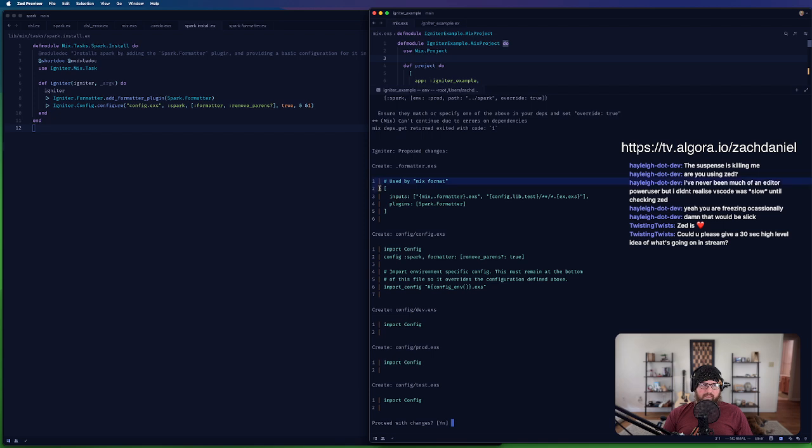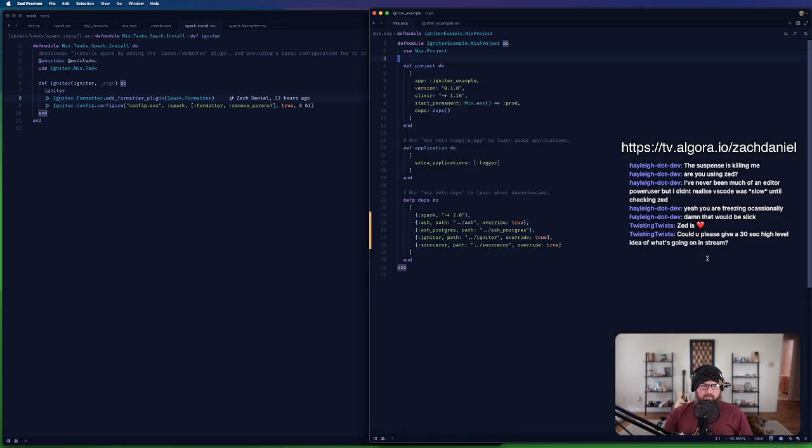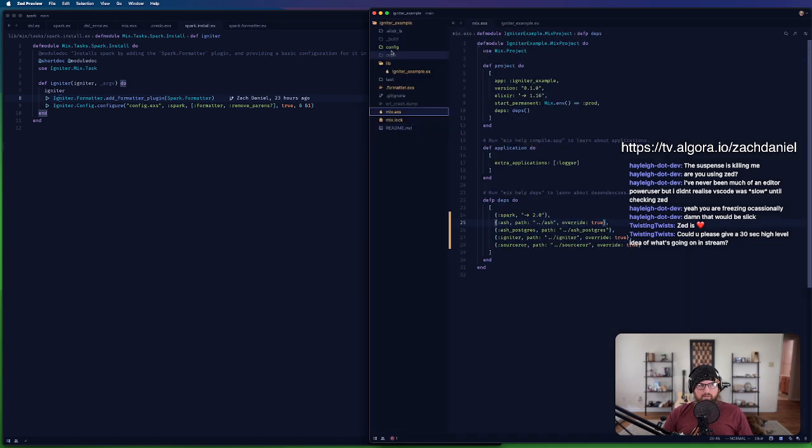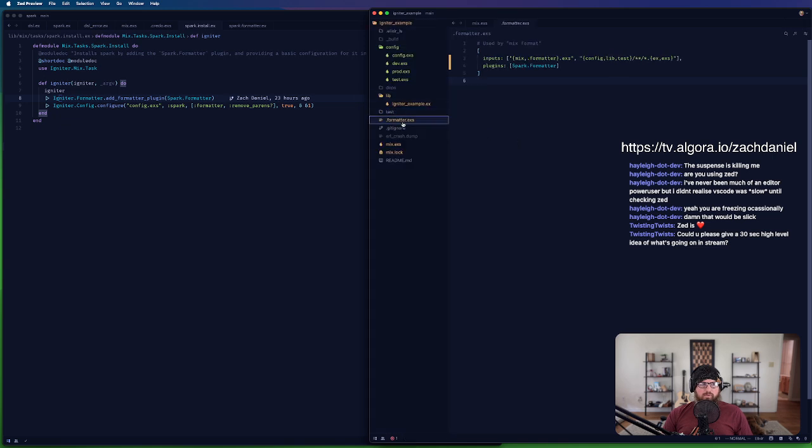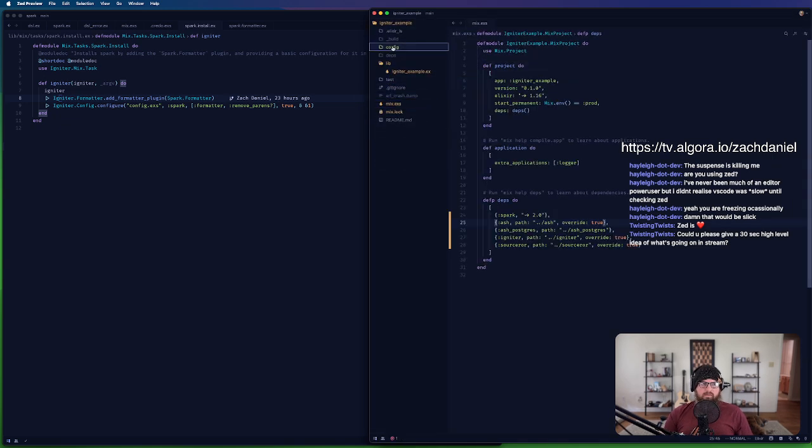And then we're going to make the changes that it recommends, which is it has you add some stuff to your config.exs, and it has you add the spark.formatter plugin. So that's from this installation right here. So I'm like, yeah, let's do it. And now I've got Spark installed, and it set up my config files for me, and it set up my .formatter for me. So if I undo that, just to show you an example of what I think is really cool about this,